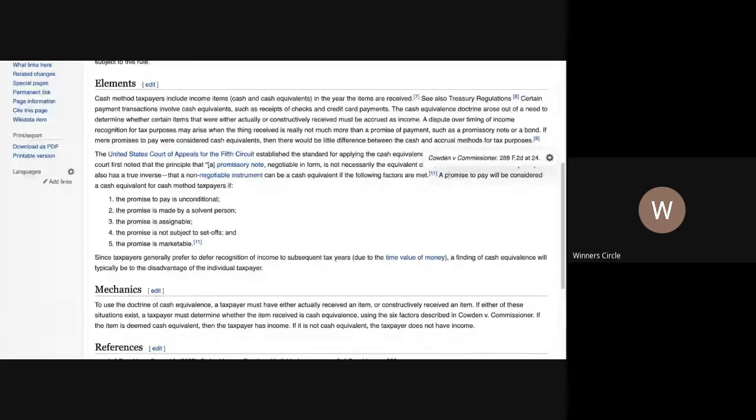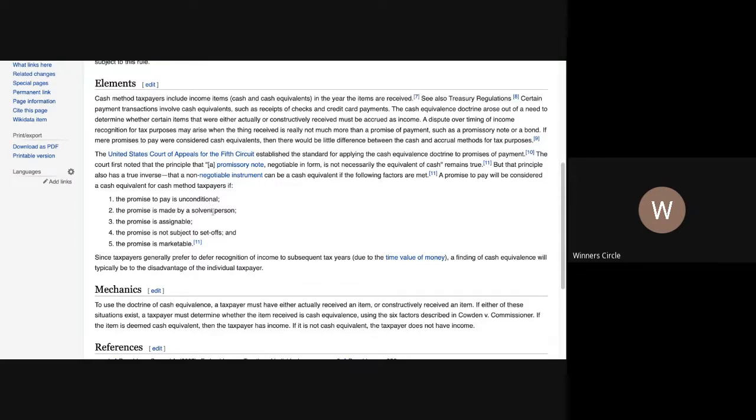A promise to pay will be considered a cash equivalent for cash method taxpayers. Now, let me explain something to you. After I read this, I'm going to go back and show you that a note or a promissory note is a non-negotiable instrument. Okay, so a cash equivalent for cash method taxpayers, if the promise to pay is unconditional, the promise